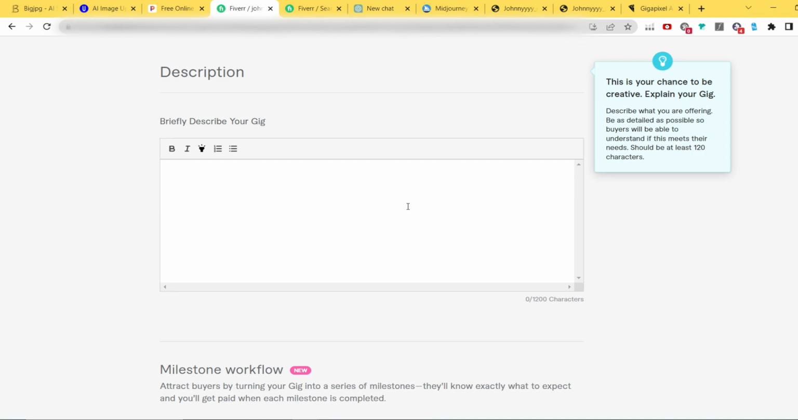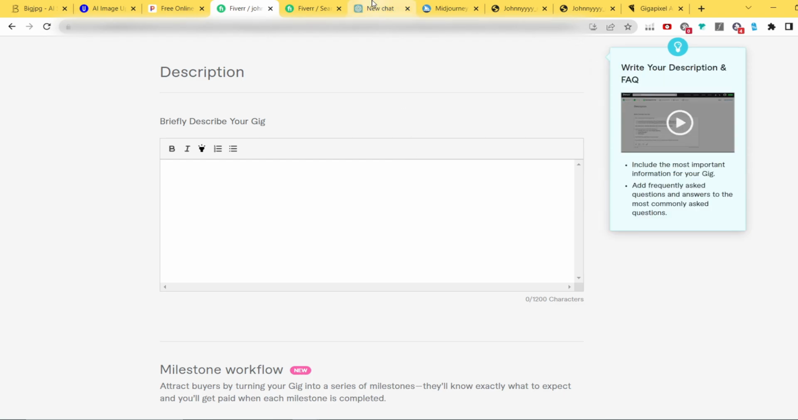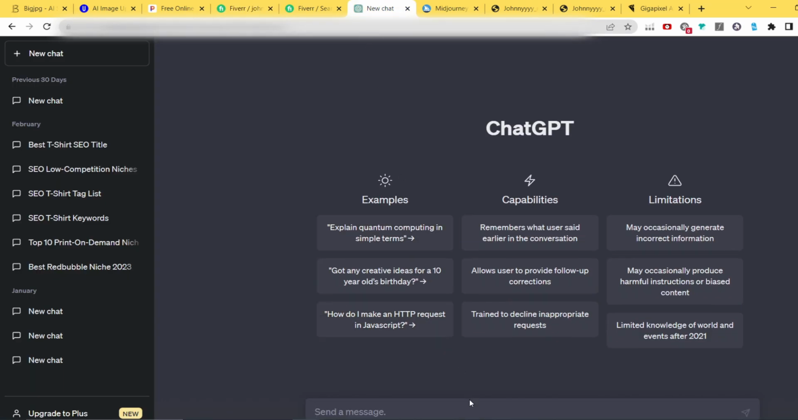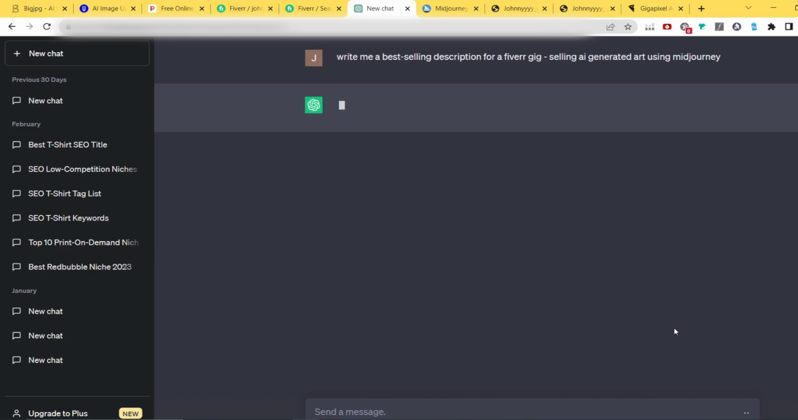And this is a very, very important thing, as you need to create a great description for your Fiverr gig. How can you do it? The easiest version will include using ChatGPT. We're gonna move into ChatGPT right now. And what you can type here is this prompt: write me a best-selling description for a Fiverr gig selling AI generated art using Midjourney. I'm gonna click on that,